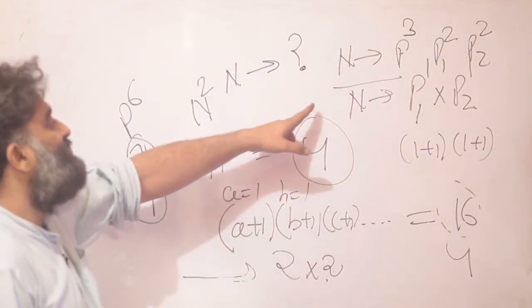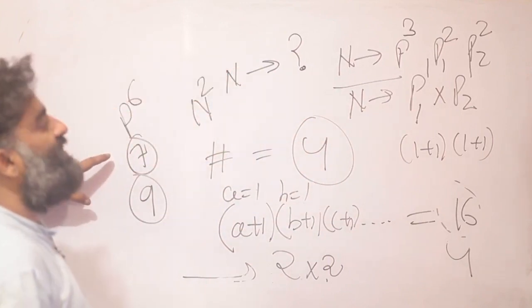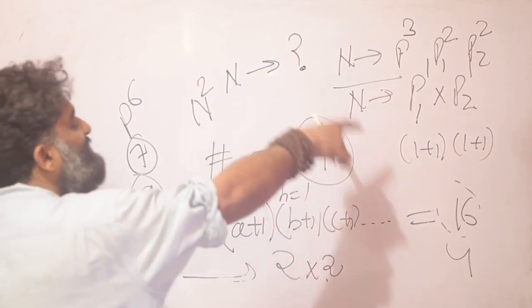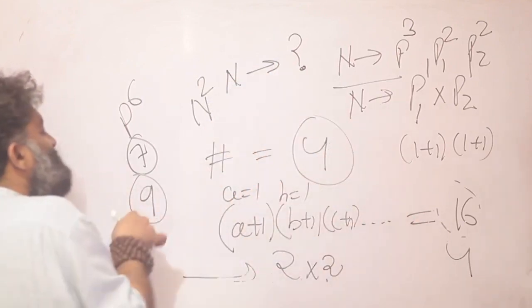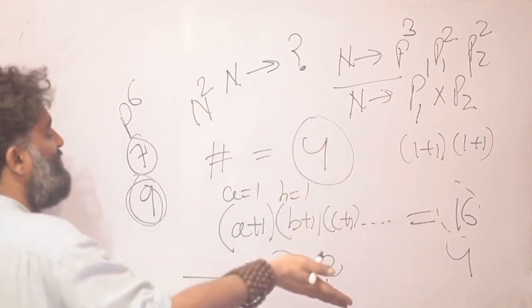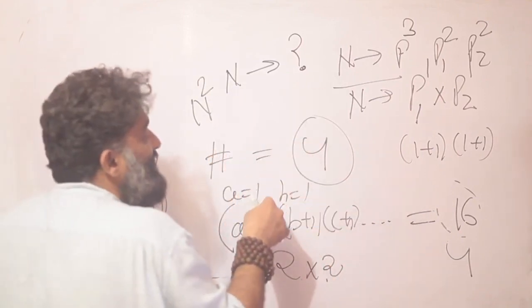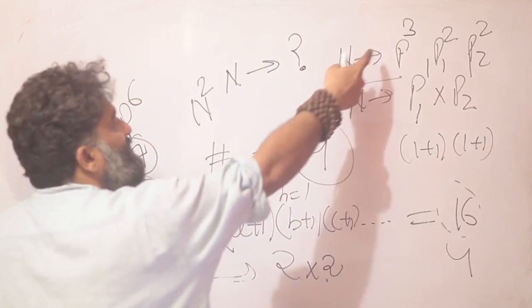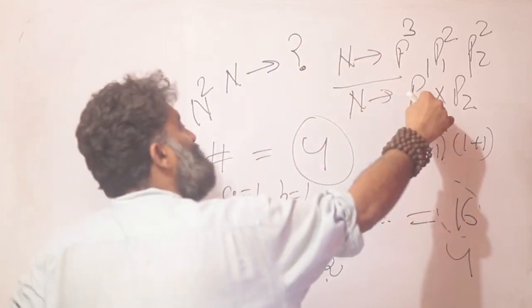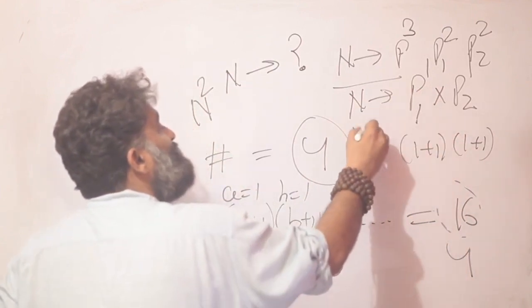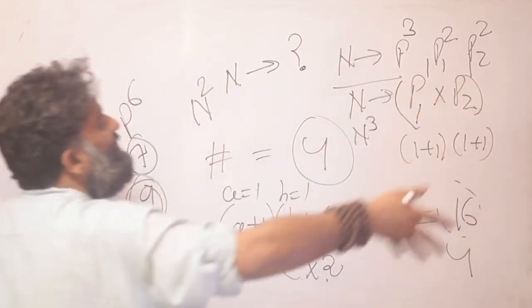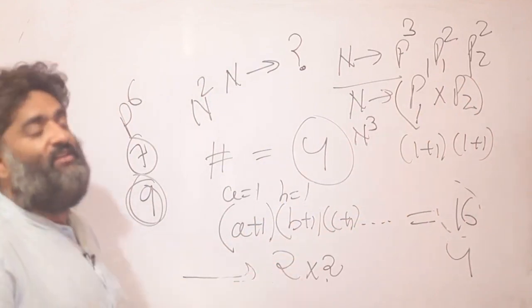So for different situations, for n square, you're getting different answers. So I could also create a question around it. I say n has 4 factors and n square has 9 factors. Guess the number of factors in n cube, etc. Right? So n has 4 factors. You would know this or this. N square has 9 factors. That means we are talking about the second situation. So when the question becomes n cube, that means I will cube this formation and then try and find the number of factors for that, right?